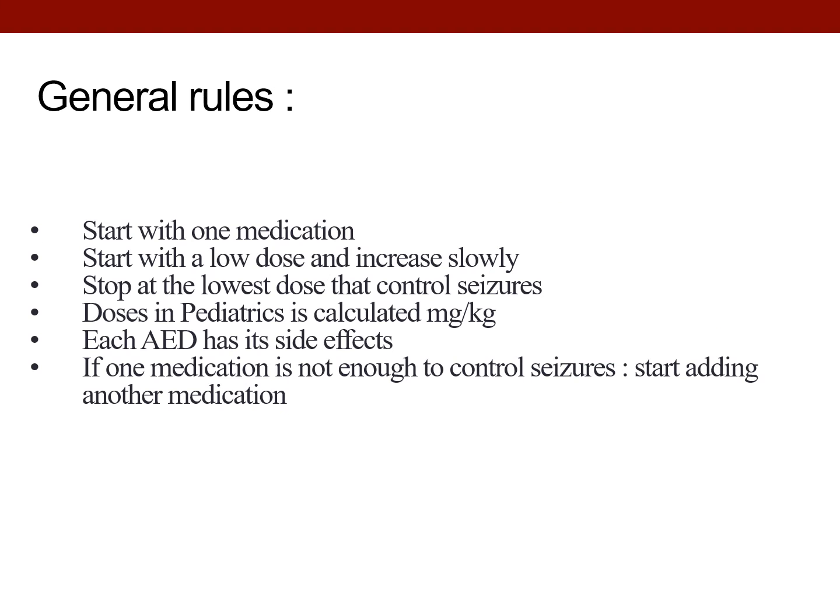The main rule for starting an anti-epileptic medication is usually to start with one medication. So for example, in the market here in Egypt, we have at least about 15 anti-epileptic medications. So if a child comes to you with 2 generalized tonic-clonic seizures and you feel that the parents can buy all the treatment in the world, you don't try 2 or 3 anti-epileptic medications. You start with only 1 anti-epileptic medication.